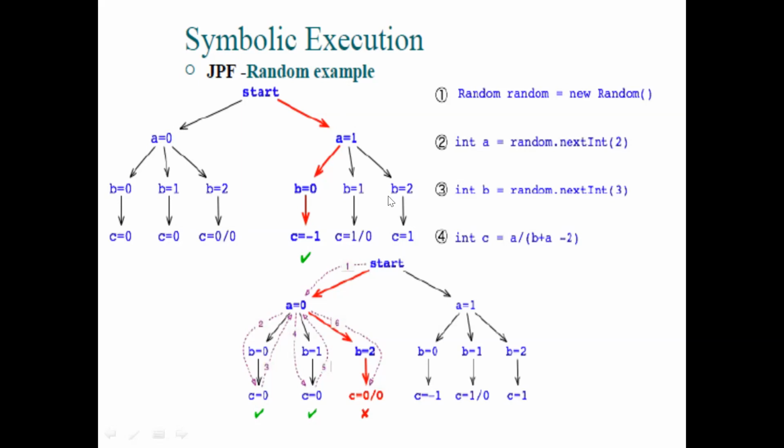So nested for loops. Here also, while A equal to 1, B equal to 0, C equal to -1, 1, minus 0. So all the combinations, say the random. A new random function is initiated, int A equal to random next int of 2. So the function random takes the value 2, so it will be repeated for 2 times. The same way int B, it's also from next int. It takes the possible combinations, 3 combinations. Again, C equal to A divided by B plus A.